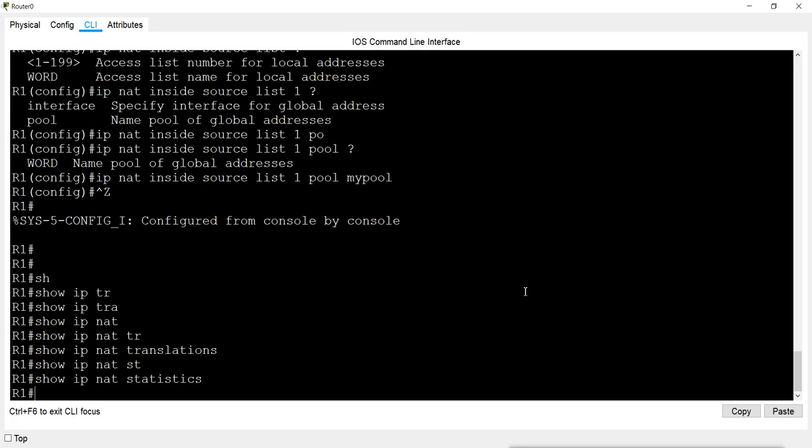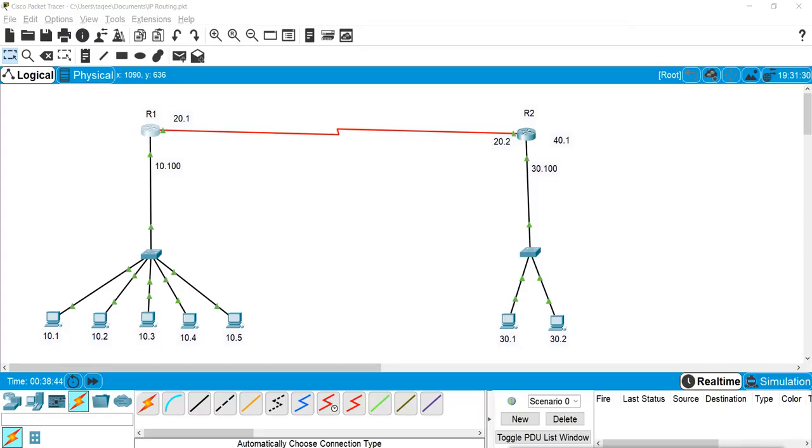So same as static NAT, we have to apply it on these interfaces, whether it is inside or outside. We can configure inside and outside just like static. So this interface is going to be inside and this interface is going to be outside. So how will we do that?